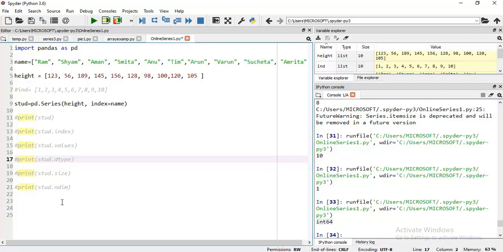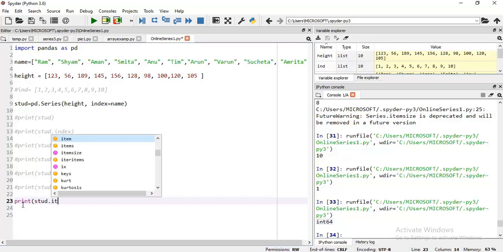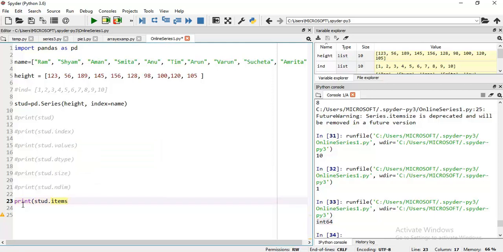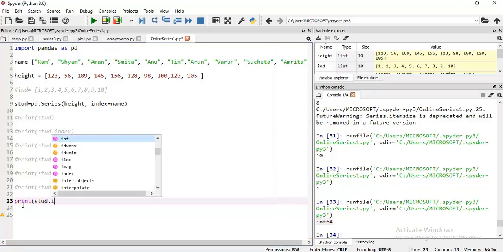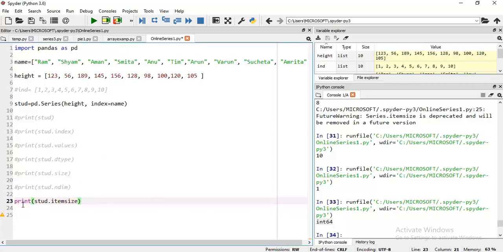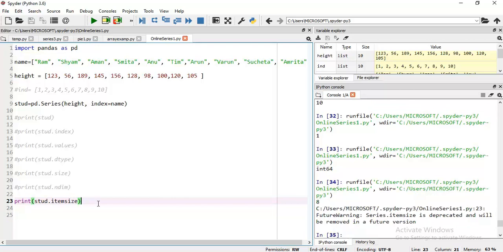For this we have dot itemsize. Let's execute, F5. This is the answer, 8. It is taking 8 bytes. If it is integer 64, it is taking 8 bytes.